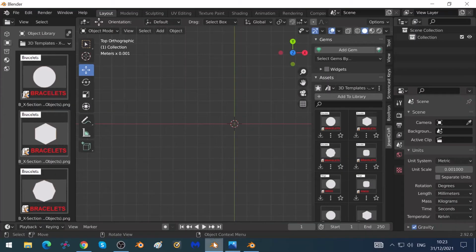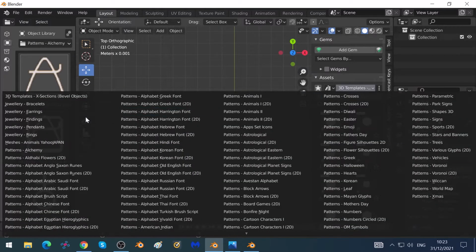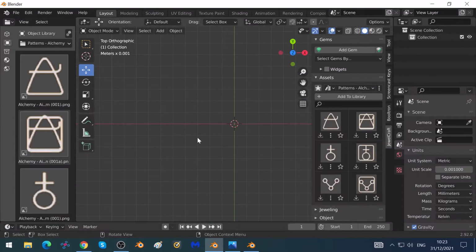Now if I just go to Blender 2.92, this is what mine looks like, the way I will show you how to set it up later on in this video. And we've got this PY clone asset manager on the left hand side, but it's actually no different from the JewelCraft one, which we can put here on the right hand side. It's just the icons are bigger. So for example, if I go to Patterns Alchemy there and go to Patterns Alchemy there, you'll see I've got